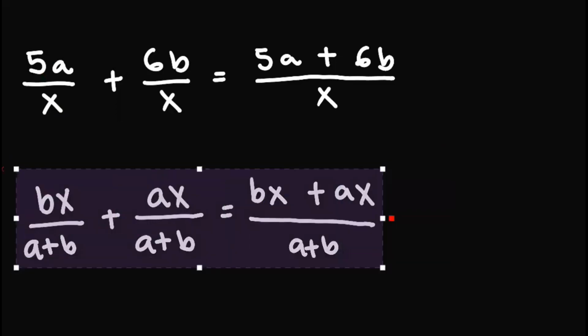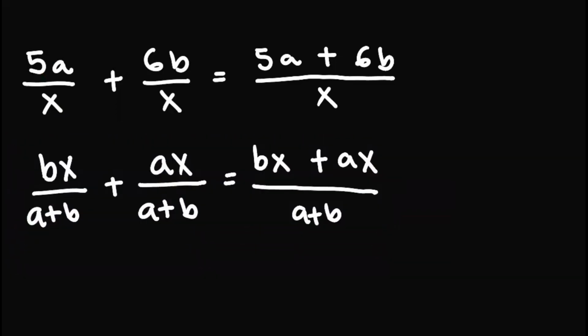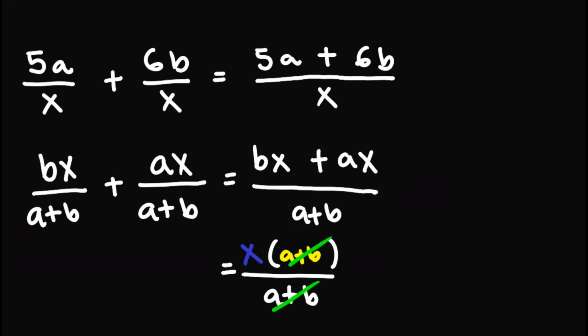So let's move this one. This one will actually be equal to, factoring out the x, we'll have x times b plus a all over a plus b. And note that by commutativity, b plus a is equal to a plus b. So we can cancel out this one. We can cancel out this one since we know that